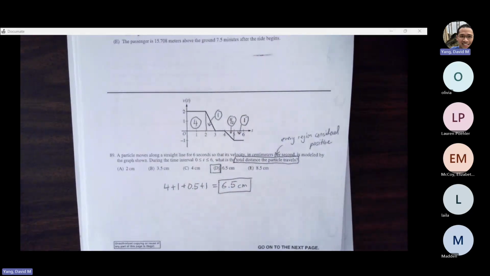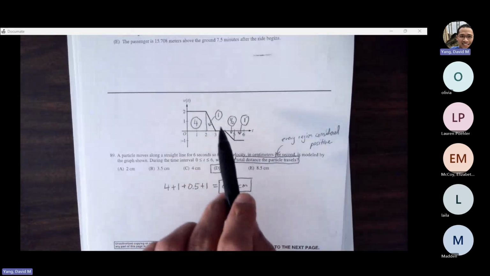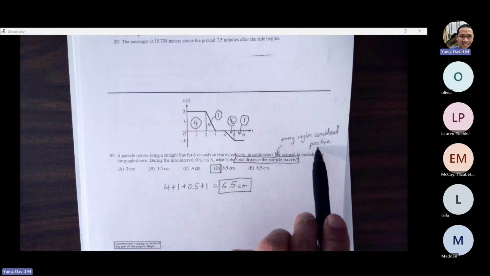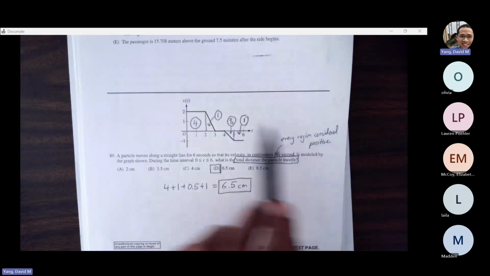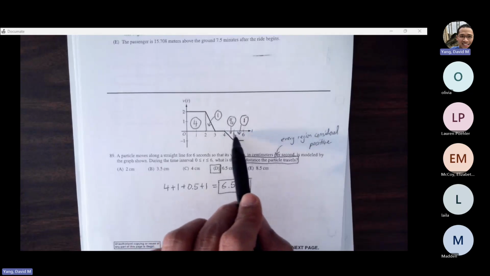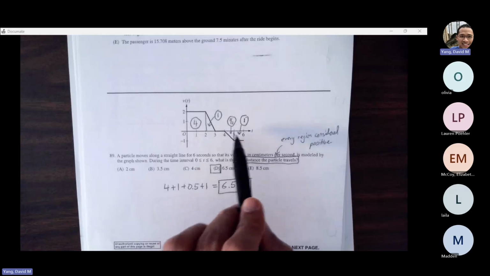Number 89, the particle moves along a straight line. Velocity is provided by our graph here. What's the total distance that the particle travels? So as long as we consider every region positive, then that's going to be total distance traveled. So even though he's moving backwards or to the left, if we just count everything as positive, then that will